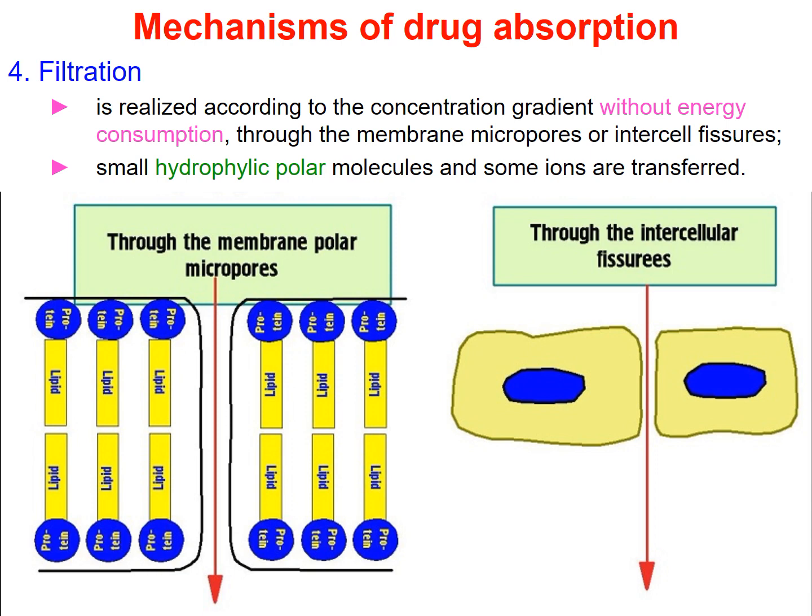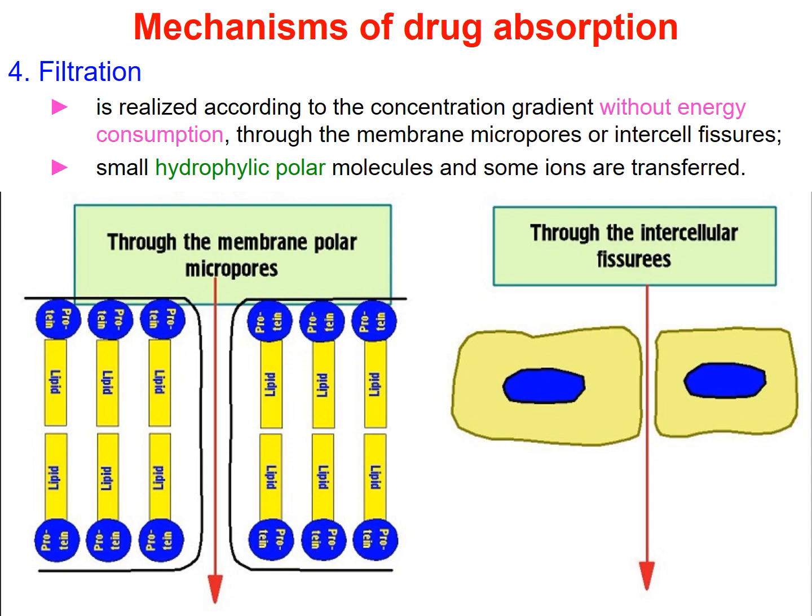This mechanism is realized also according to the concentration gradient, as the passive and facilitated diffusion, without any energy, but due to the presence of specific membrane micropores between the cells, or so-called intercell fissures, and usually very small hydrophilic polar compounds and some kinds of ions are transferred